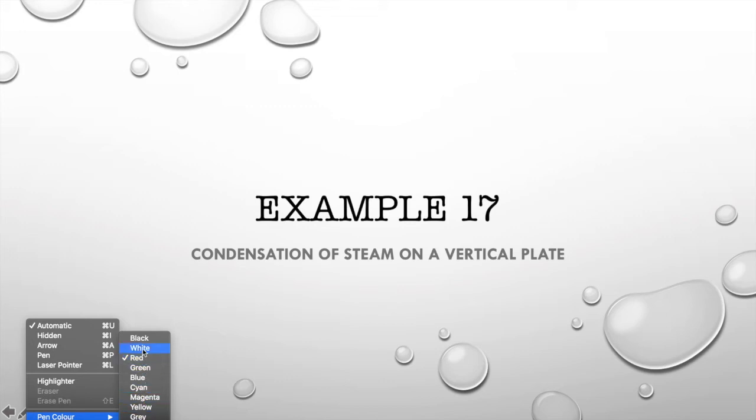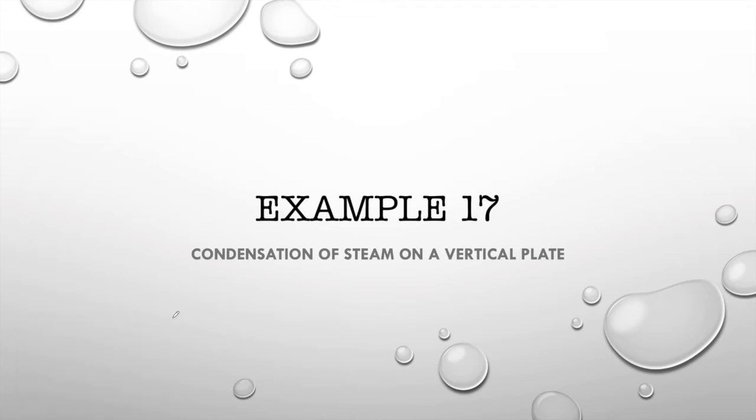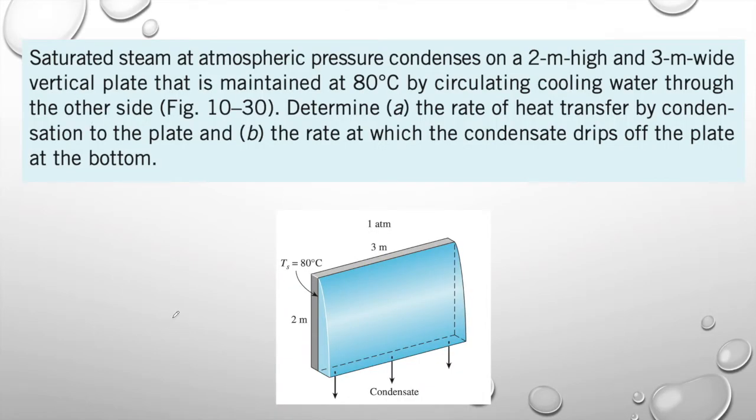This is example 17. Focus more on condensation of steam on vertical plate. So let's take a look at the question. Saturated steam at atmospheric pressure condenses on a 2 meter high and 3 meter wide vertical plate that is maintained at 80 degrees Celsius by circulating cooling water through the other side. The figure below shows this configuration, and then we have to determine the rate of heat transfer by condensation